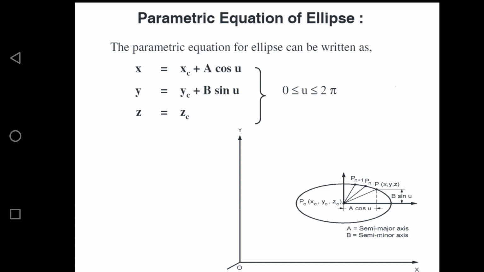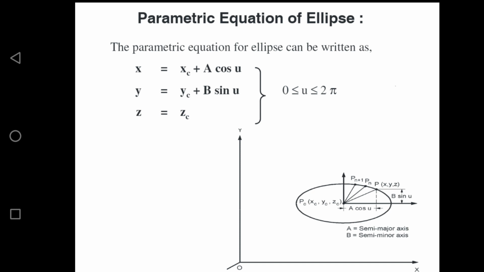We are dealing with your second unit of your CAD CAM and automation, and we are into the first part of your second unit, that is curves. Till now, we have derived the parametric equation of a line and also solved many numericals on that, and the parametric equation of a circle, and also we had numericals on the same. In today's video lecture, we are going to derive the parametric equation of your ellipse, parabola and hyperbola.